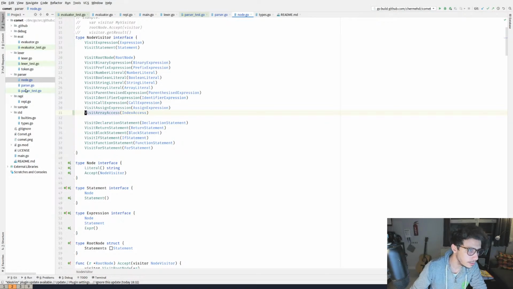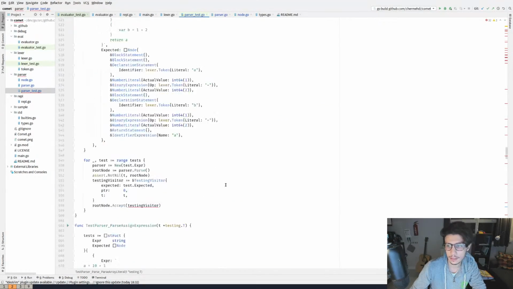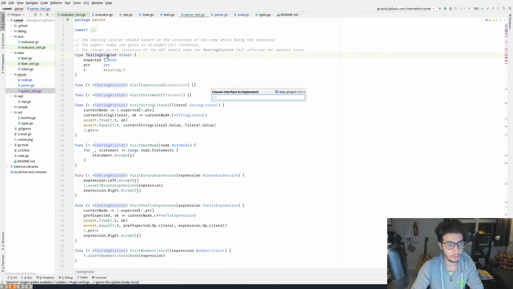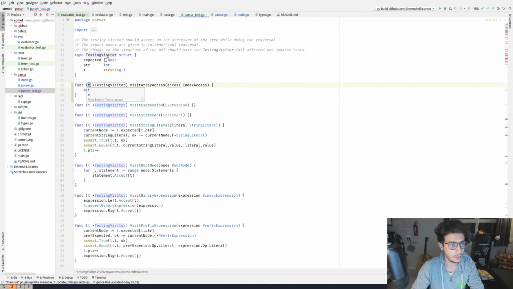Right. Let's go to the parser test, and this file has gotten huge. I would like to break it up, but node visitor. Right.